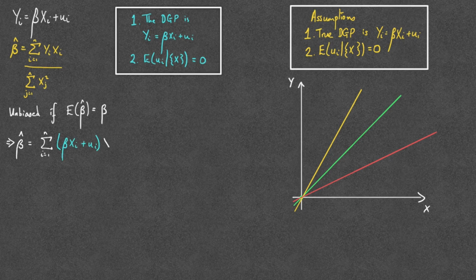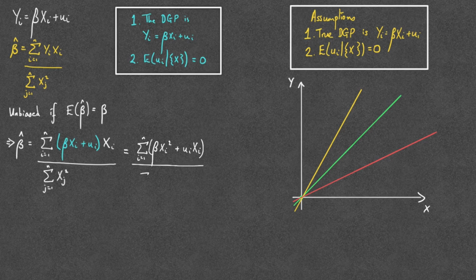Then that's multiplied by xi divided by the sum of the x squared. Now we can multiply out the brackets on the top here to give us that this is equal to the sum between i is equal to 1 and n of beta xi squared plus ui xi, divided by the sum